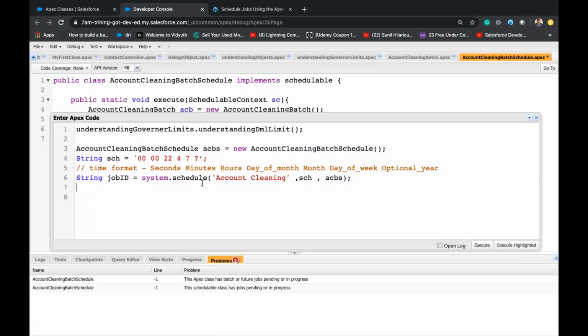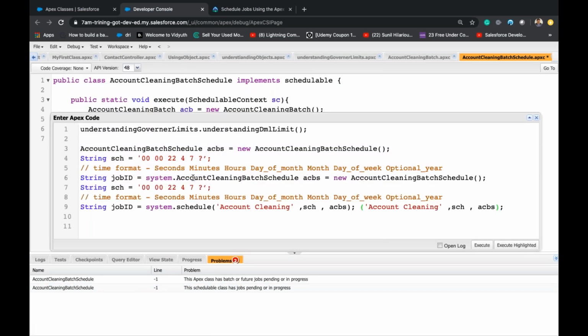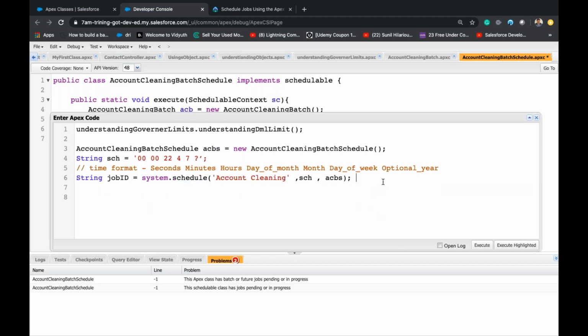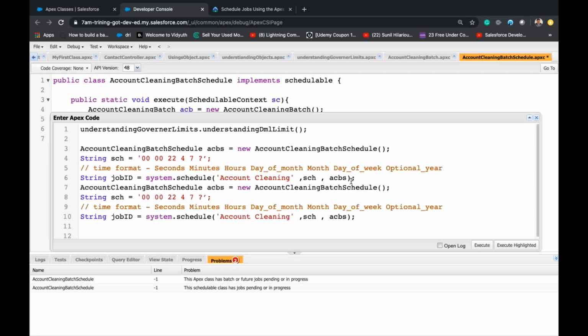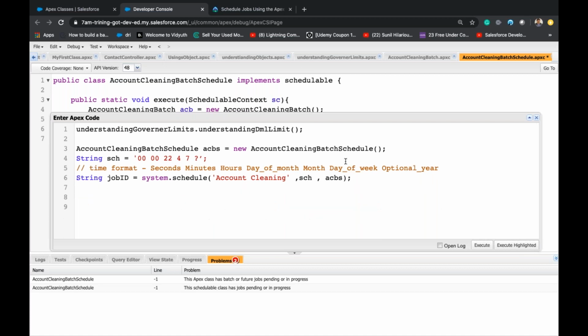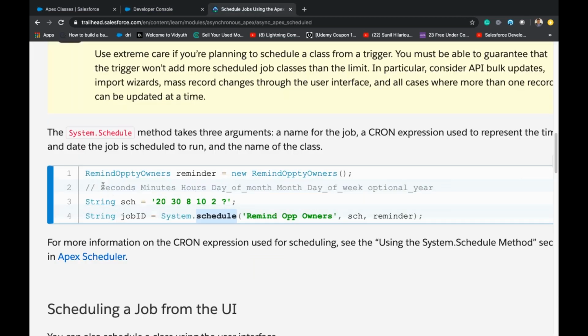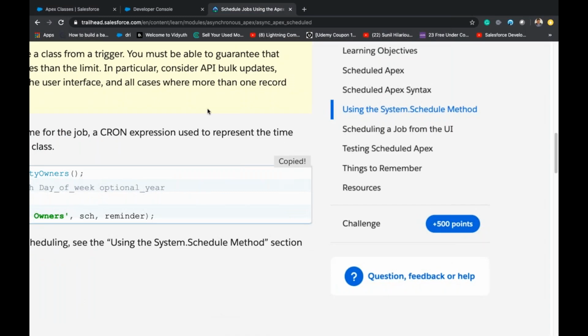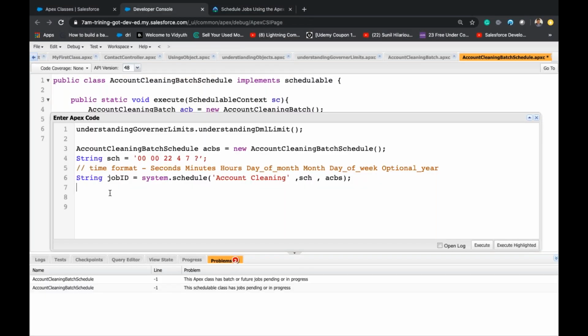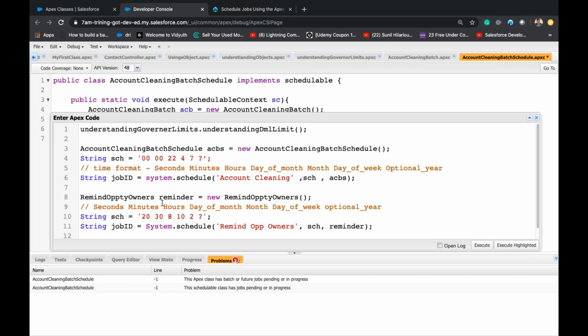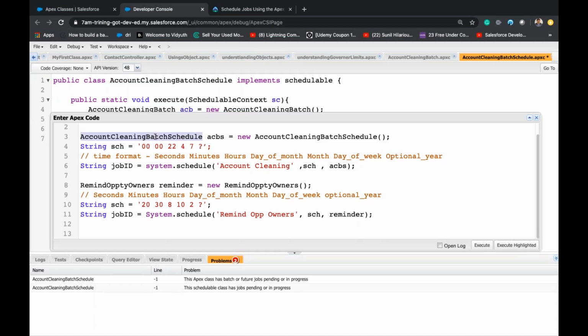So what is the mistake here? I'll do one thing, I'll copy paste. So let me run this.